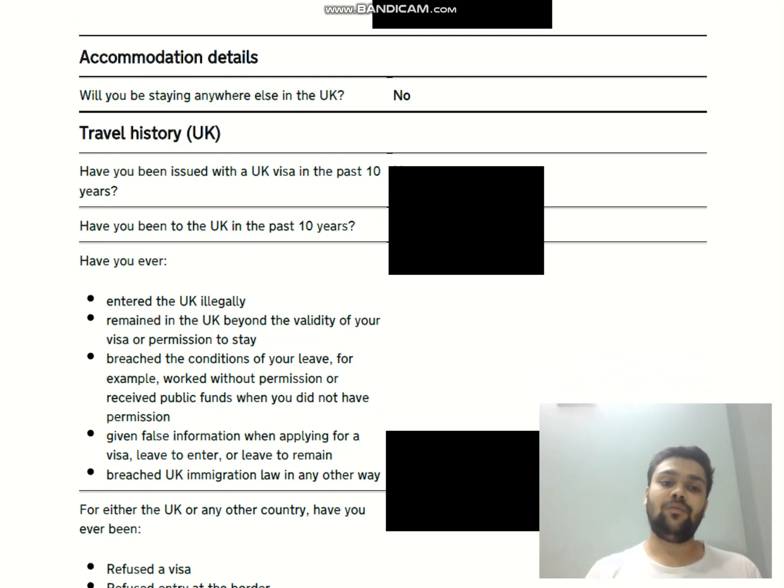Then comes the travel history. Have you been issued with a UK visa in the past 10 years? Have you been to UK in the past 10 years? Or, have you ever entered UK illegally, remained in the UK borders beyond the validity of your visa or permission to stay, given false information when applying for a visa, leave to enter, or leave to remain? Or either the UK or any other country have you been refused a visa, deported, removed, required to leave,